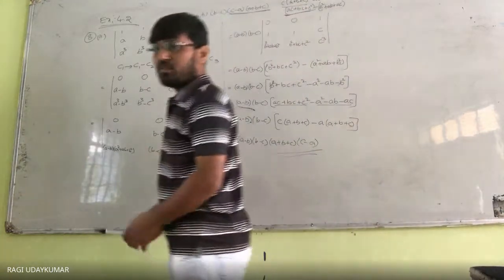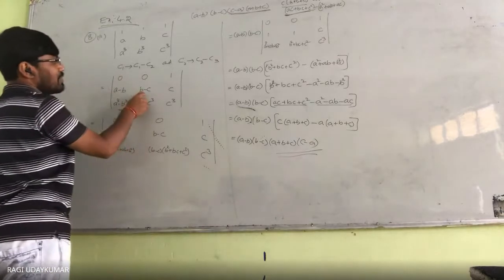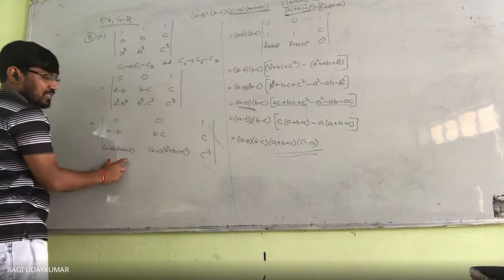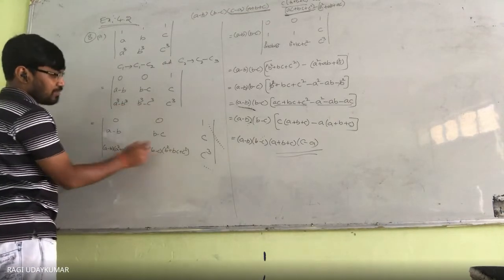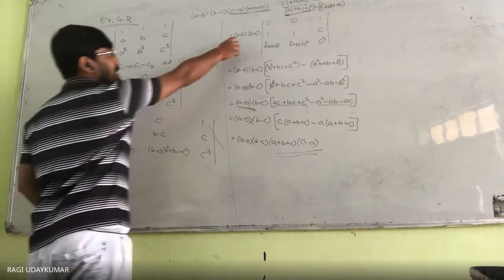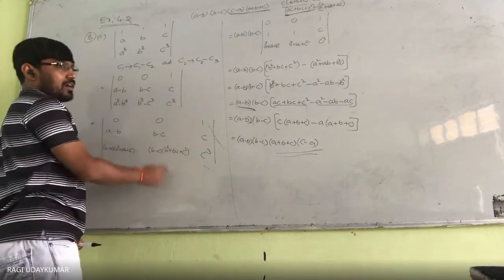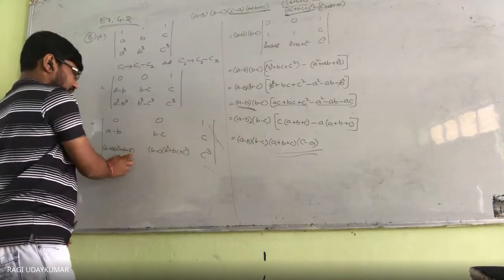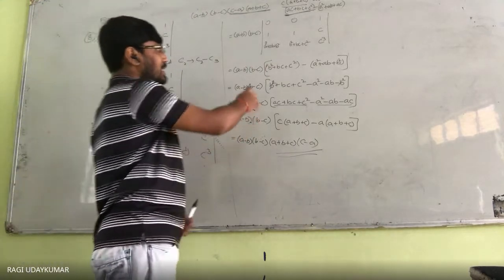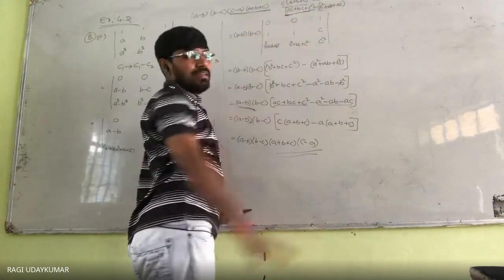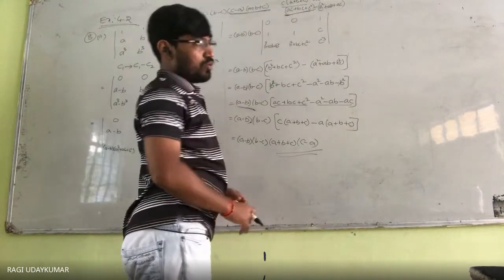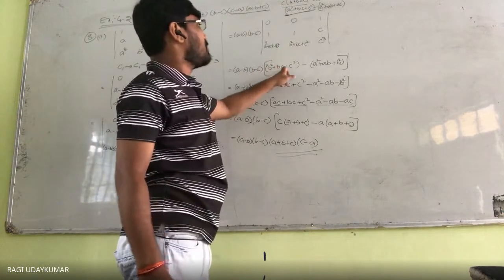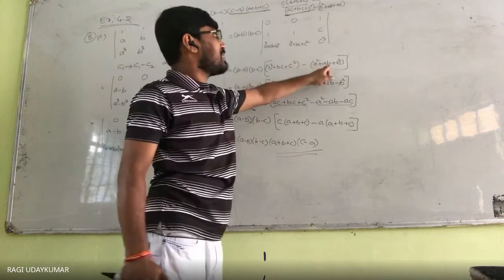I have taken a minus b. Here a minus b we are getting, b minus c we are getting. Here a cube minus b cube, minus c cube. A cube minus b cube is expanded, b cube minus c cube is expanded, and a minus b is taken common from here, first row, first column, second column, b minus c is taken common. So then we are going to get here one, and this is left over. Next thing is expanding along the first row. Whenever you take this into this one, b square plus bc plus c square minus a square plus ab plus b square.